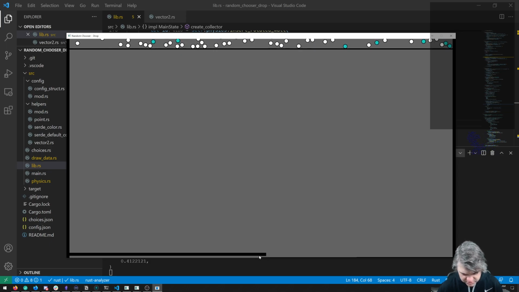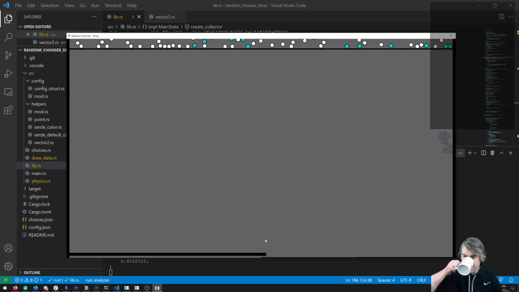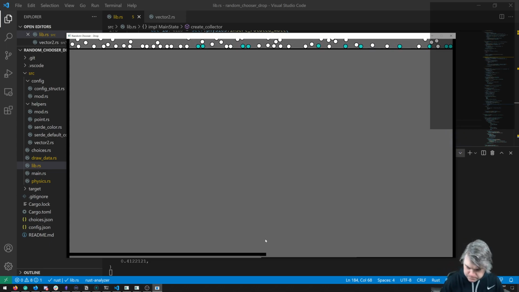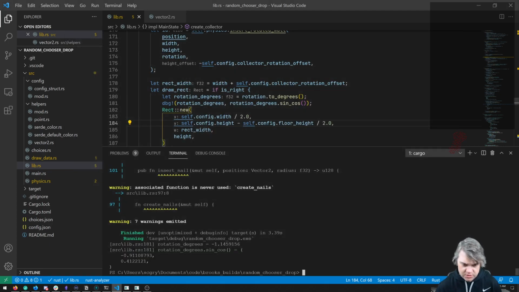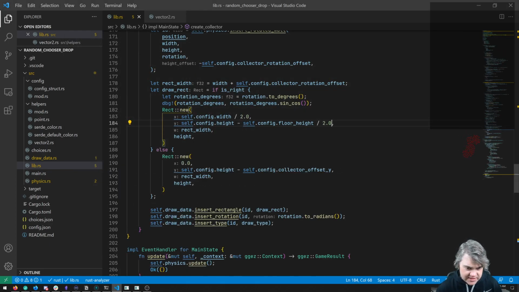Sort of. Now you're screwed up here. But I think this makes sense. So on the left hand side, we're starting with 0, and we're gonna go